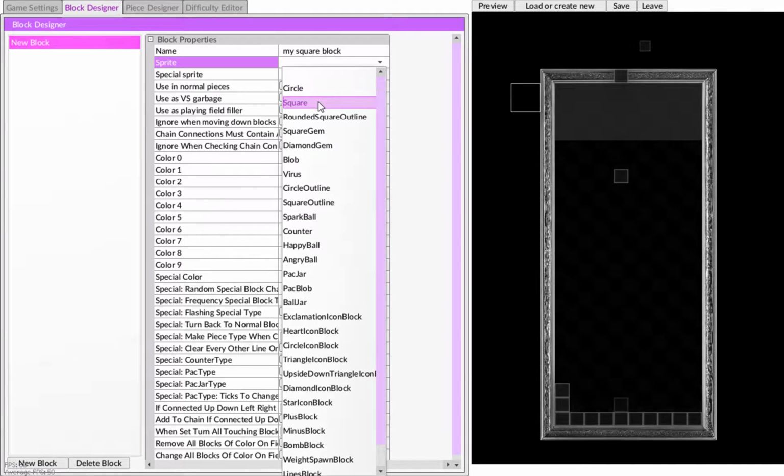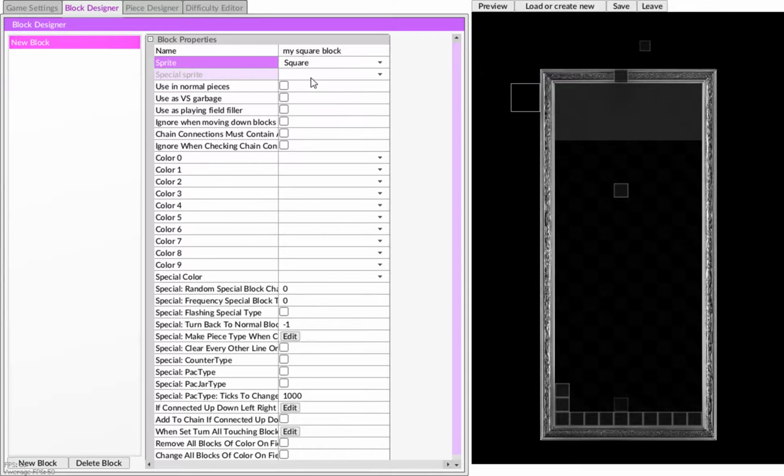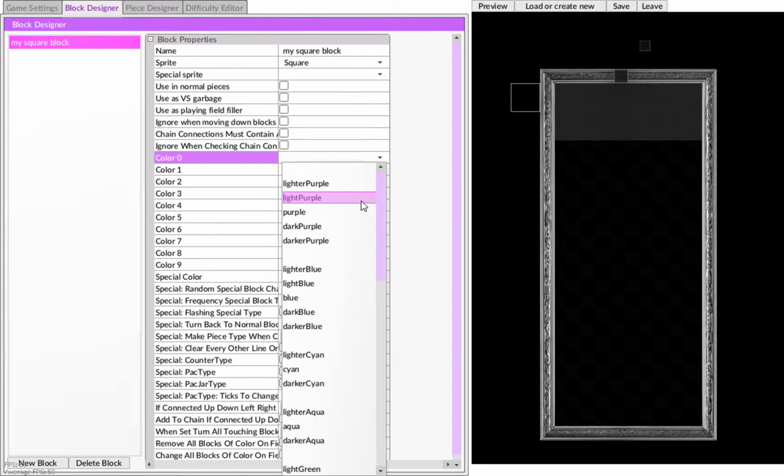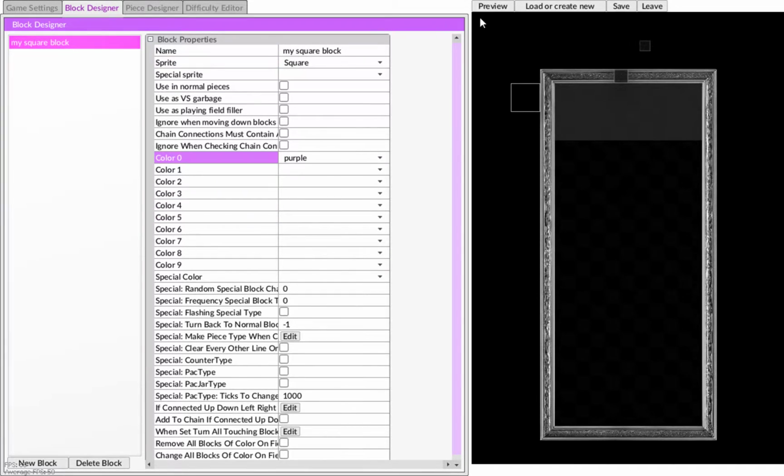So I'll start off and I'll give it a square, and if I hit preview right now, you'll notice that it's a black square, and that's because I have not given it any colors. So I need to start off by giving it a color. I'll give it purple. And if I hit preview, you see now we have a purple square,